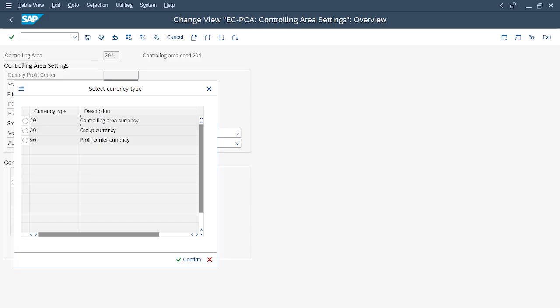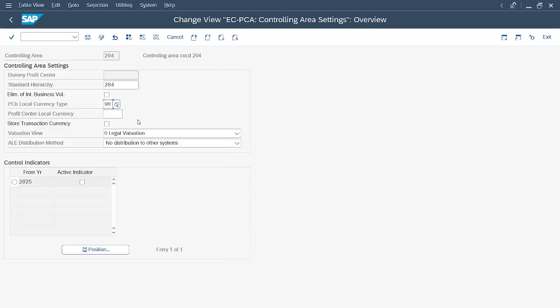Although we have group currency and profit center currency as well, we'll go with the 21. Controlling area currency is INR, and currency type is 10. Just activate it.